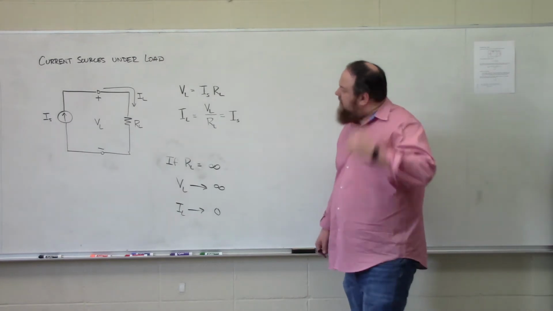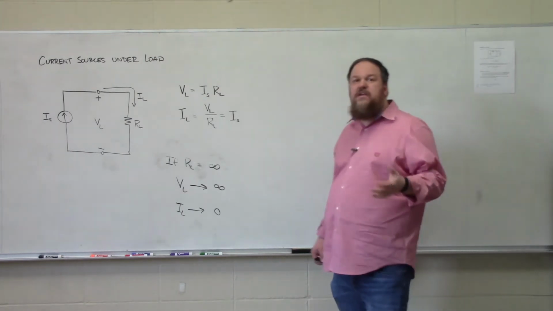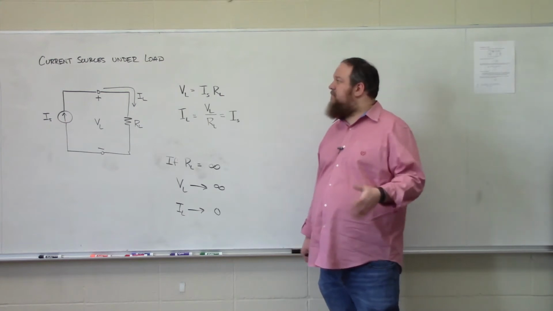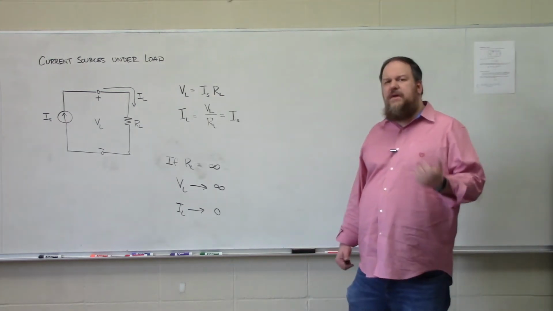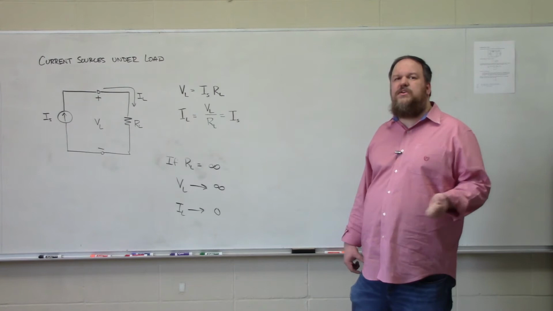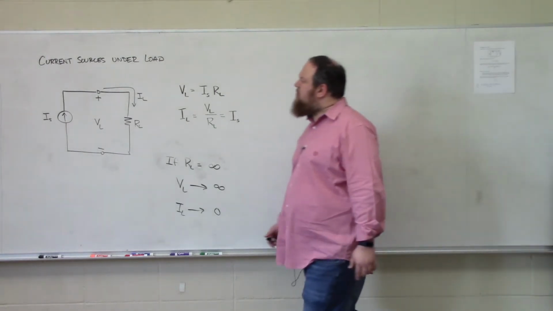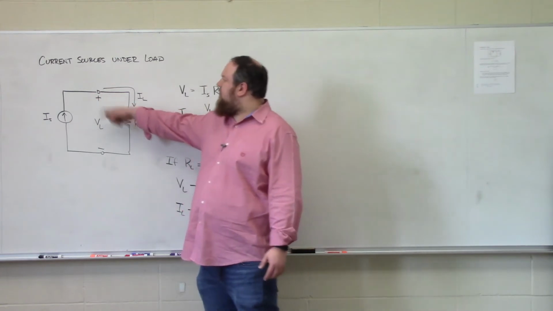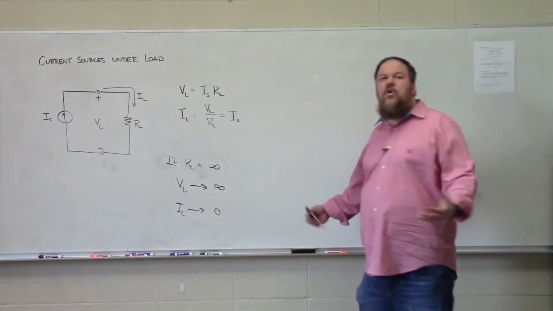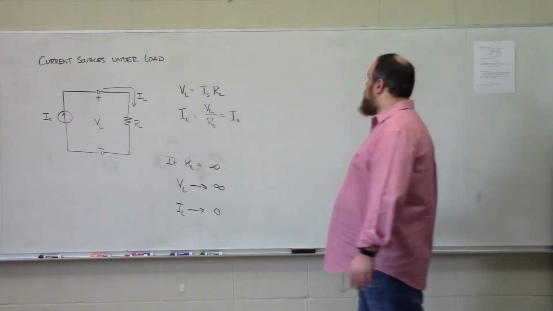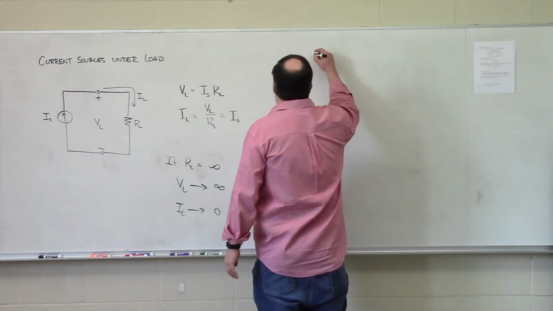Now we can rectify this situation by, again, using a resistor to limit the amount of voltage that can be produced by our current source. But in this case, we're going to have to put the resistor in parallel with the current source, because if we put the resistor in series, we could still see an open circuit resistance of infinity that would cause us issues. So our practical current source